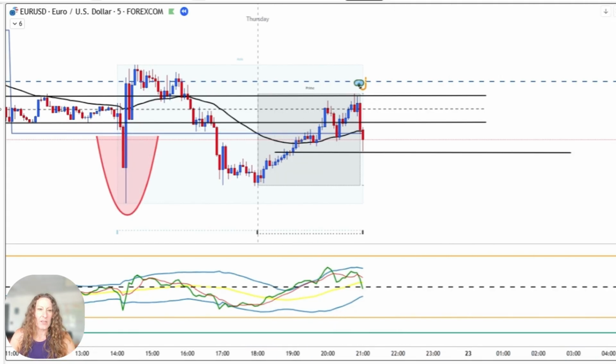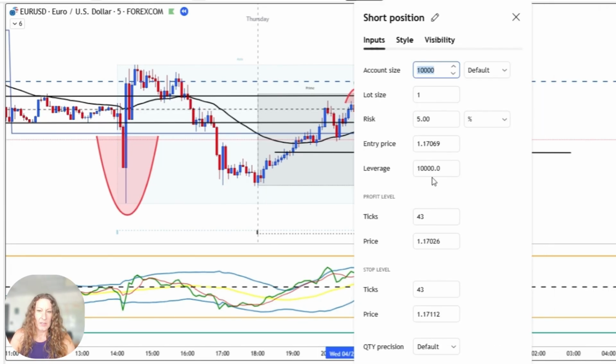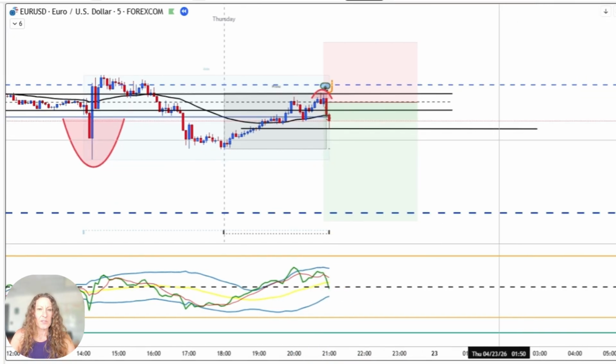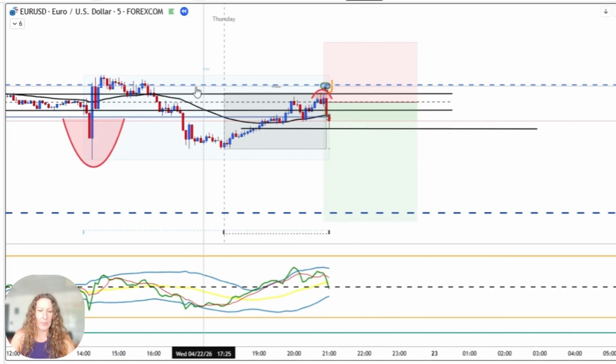The only thing that I don't like is that this high right here is higher. Okay, that one's got me a little bugged and it's making me think there might be a trap coming. Okay, but let's go ahead and enter our short. And I'm going to trust that my 30 pip take profit and my 15 pips stop loss are going to be enough to protect my position. And also notice we are at a 4-hour pop out up here.